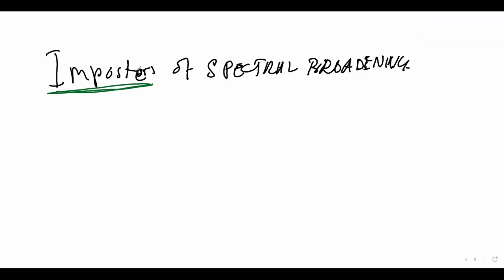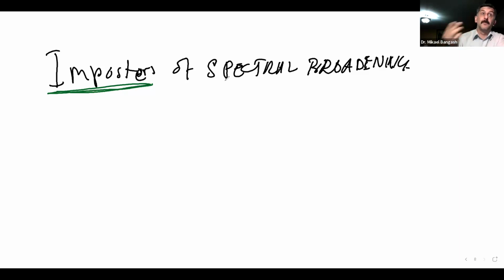Something that acts like something that it's not. Right, okay, so you can say things which may look like spectral broadening, but actually aren't spectral broadening, which mainly means that it may mimic or look like spectral broadening, but actually we are not having